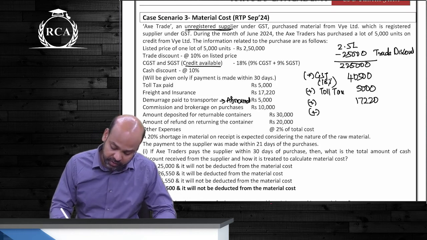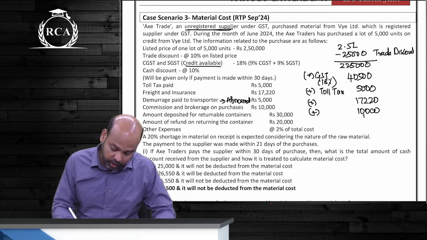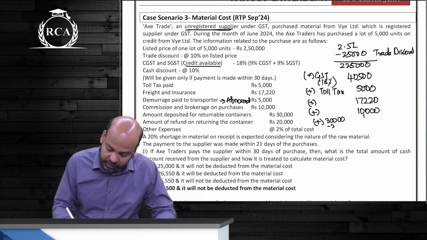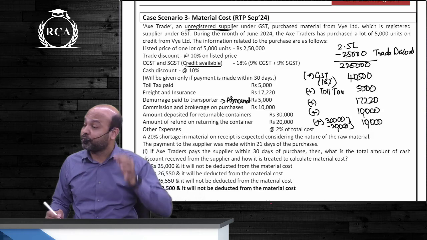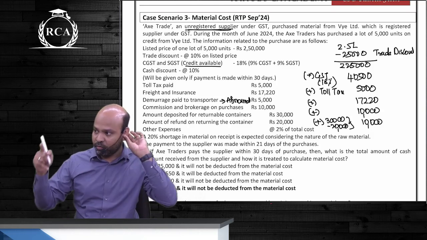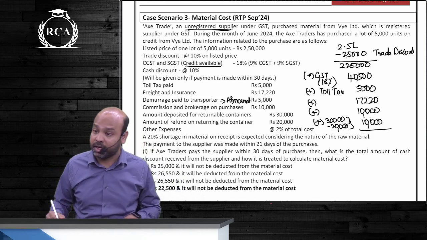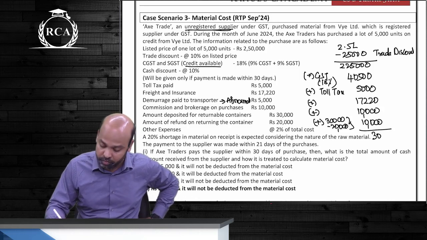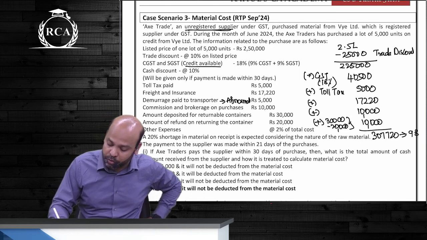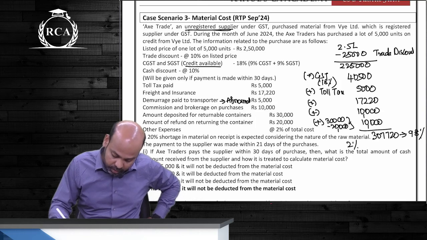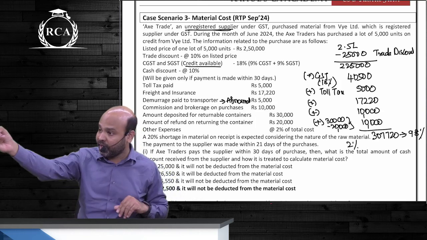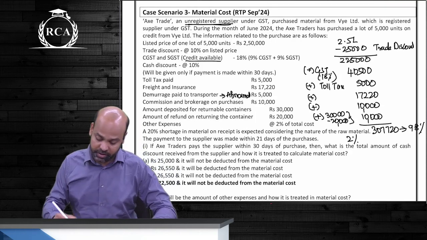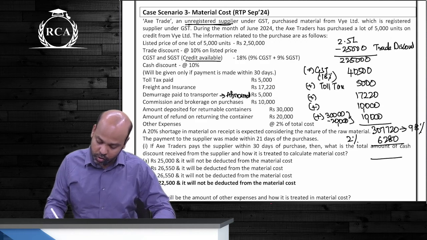Commission paid on purchases, is it directly related? How much is your amount of containers, guys? 30,000 minus amount of refund is? So you should take net cost of. Other expenses are 2% of total cost. Excellent. Whatever you're totaling up now will now be 98. याद आया कुछ क्लास में किए थे? What is the total amount till this point, guys? ये 98% of total cost है बेटा. How much will be 2%? If 3,07,720 is 98%, how much is 2? दोनों का टोटल